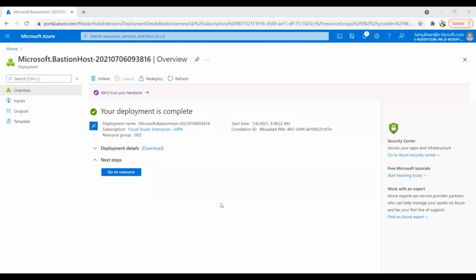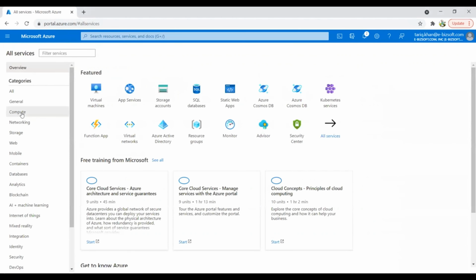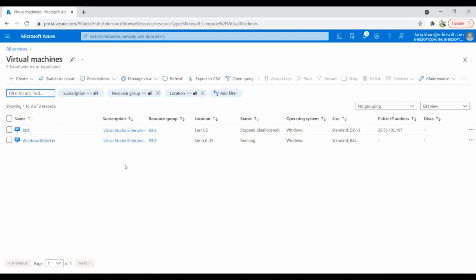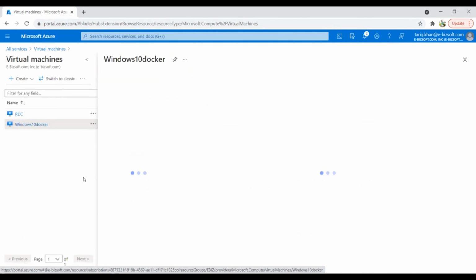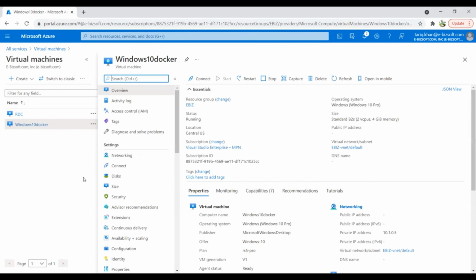So the deployment is completed. Here you can see your deployment is complete now. So let's move and get a remote desktop session with the virtual machine. So I'm going with the compute section where I use virtual machines, and here you can see I have a number of virtual machines. So I click on my virtual machine for which I'm going to check Azure Bastion, and here you can see I have connect option.